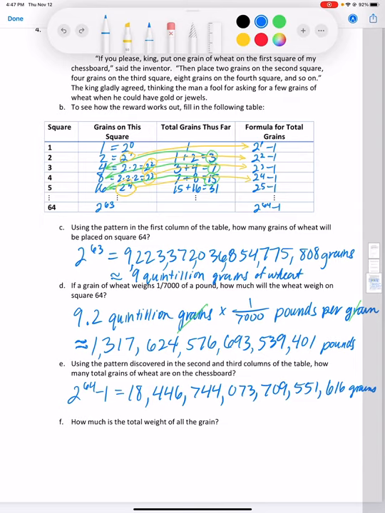It's 18.4 quintillion grains times 1 over 7,000 pounds per grain, and that's about equal to